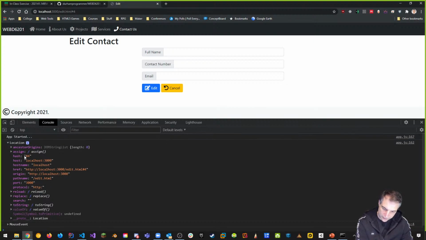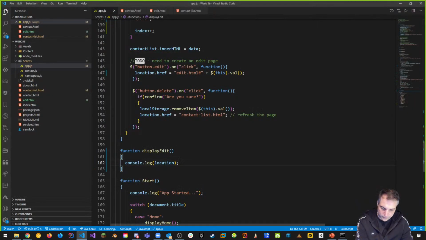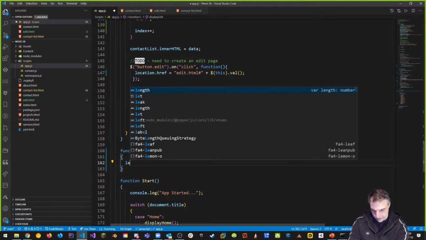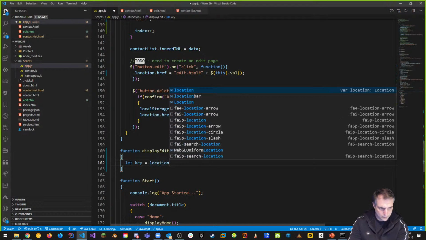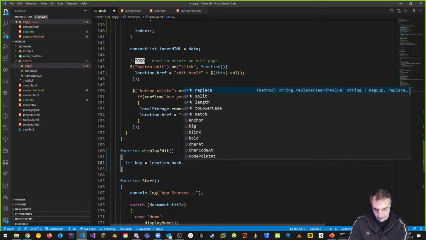And what I want to do is I want to use this hash. Because notice hash says hash 4, right? This is pretty cool. So what I can do is I can strip the hash out of the hash 4, because this is a string. So I can remove the hash by splitting it, right? And I only care about a substring that goes from the first character on, right? And the way that can work is if I go back to my code for a second. So instead of this console log, I want to do, let's say, let key equal to location dot hash. I know I'm going to get the whole thing, so hashtag as well,